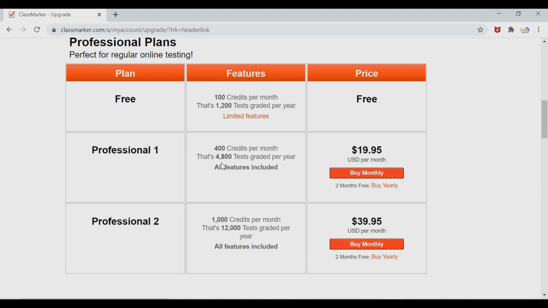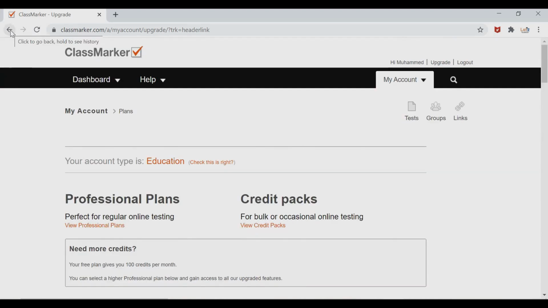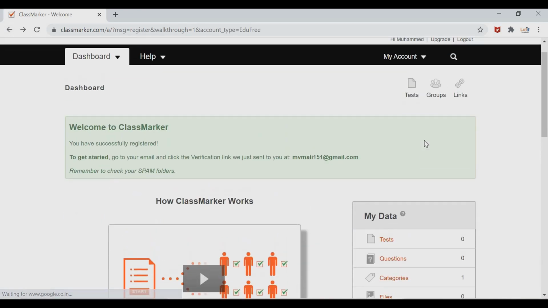So 4,800 tests in 1 year you can take, and 400 tests in 1 month. So $20 means almost 1,500 rupees for 1 month. Or if you are going to use it for your school purpose, then a free account is enough. No need to go for an upgrade. So that's up to you.